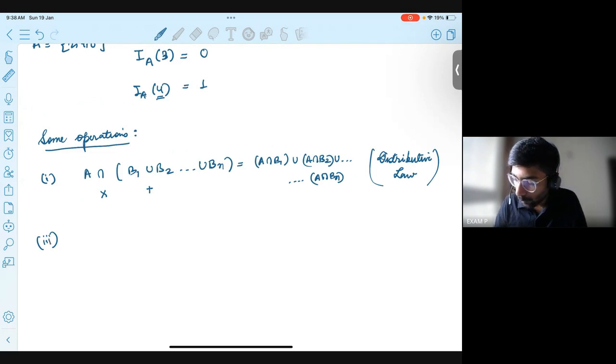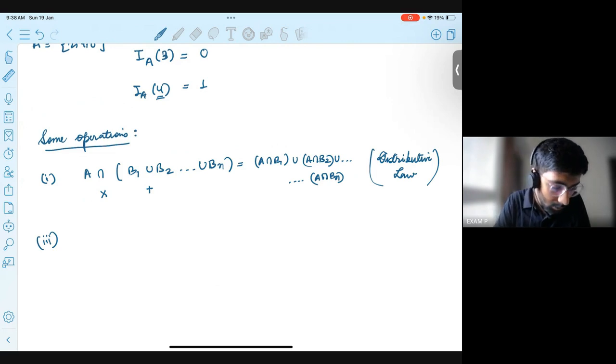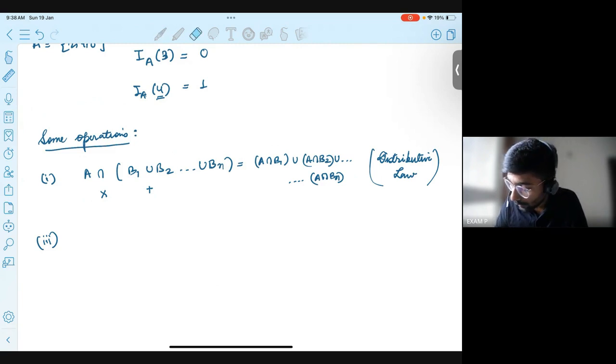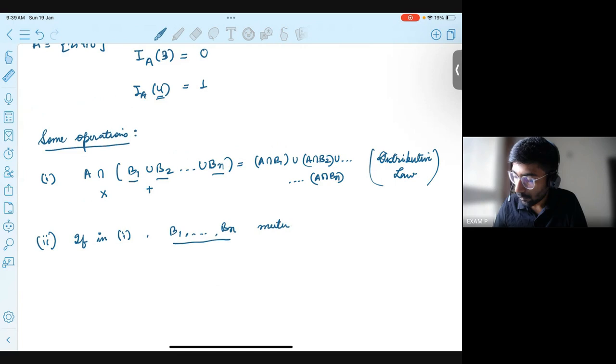Let's go to point 3. Point 2, I don't think there is anything important there. Okay, no, there is some importance of that. I think let's try to understand. Point 2, what are they saying? If in point number 1, for now you don't have any condition on B1 to Bn, right? But if I tell you that B1 up to Bn, all these events, they are exhaustive